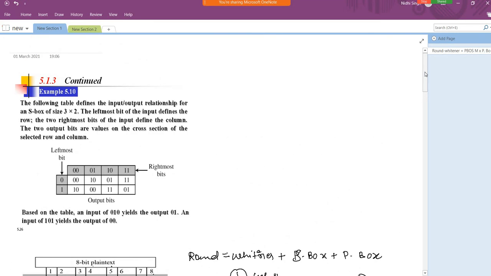चलो अब ऊपर चलते हैं. तो जो मैंने मैनुअल टेबल बनाई थी उसमें भी कुछ प्रॉब्लम था. सो ये एस बॉक्स है जो 3x2 का ले रहा है. That is the number of bits in the input. नहीं है, वो एग्जाम्पल शायद नहीं है. चलो मैं कल ही बताती हूँ उसका.